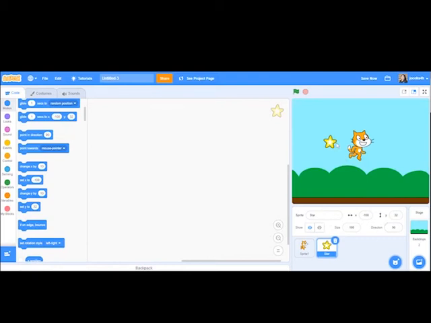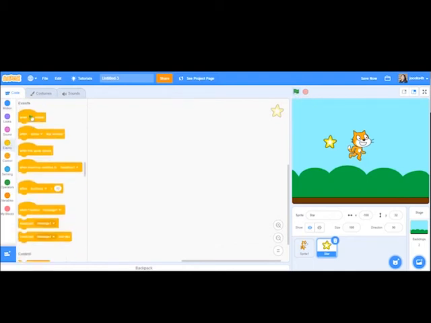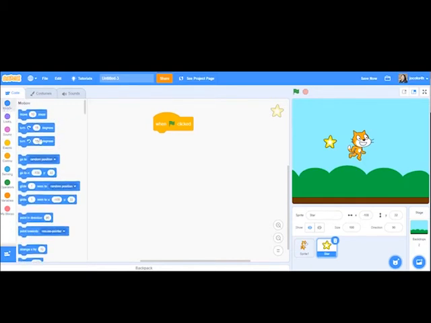So the star is going to move around randomly whenever I press the green flag. The green flag is going to indicate the start of the game. Knowing that, I need an events block: when the green flag is pressed. And if I need the star to move around, which one of these tabs would I need to go to? Exactly. We need to go to the motion tab and find